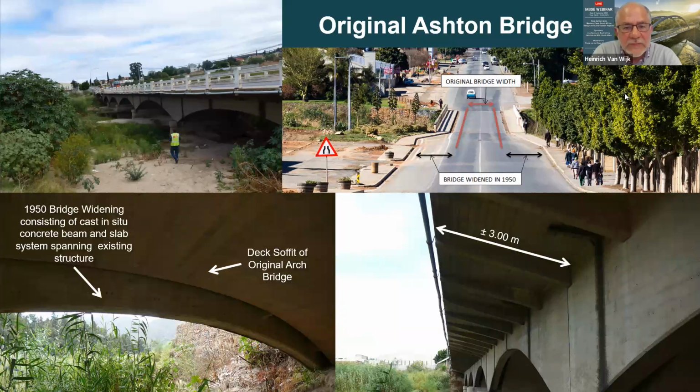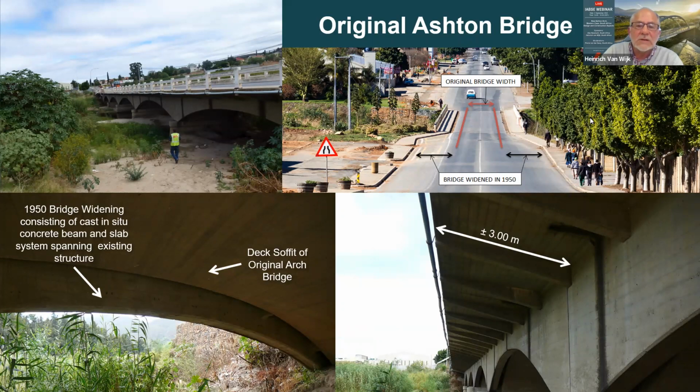In this town, Ashton, there was a river crossing, the Kochmans River crossing. This bridge was originally constructed in the 30s as a single lane structure and then widened in the 50s, basically by building a new bridge straddling the existing structure. On the pictures, you can actually see the soffit of the original arch and then the side arch beams and cantilevers that formed the wider structure. But as things go,